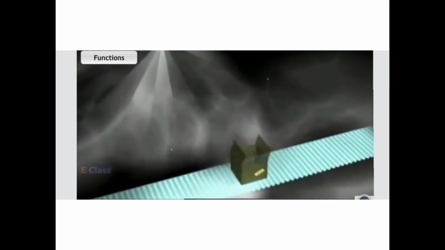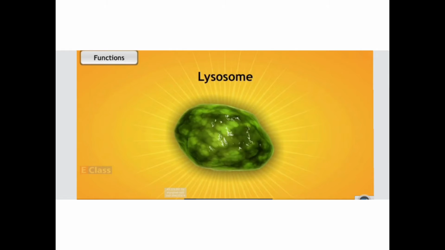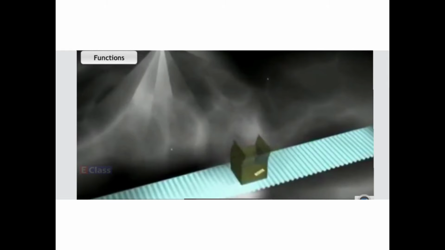Okay, so what is the function of the Golgi complex? Golgi complex is a secretory organ. It secretes things in the cell. So it modifies and sorts the packs of the material synthesized in the cell. What all things? Enzymes, or mucus, or proteins, or any other pigments which are there. And then they dispatch them to the target, like the plasma membrane or lysosome, etc. What is lysosome? That I will be teaching you.